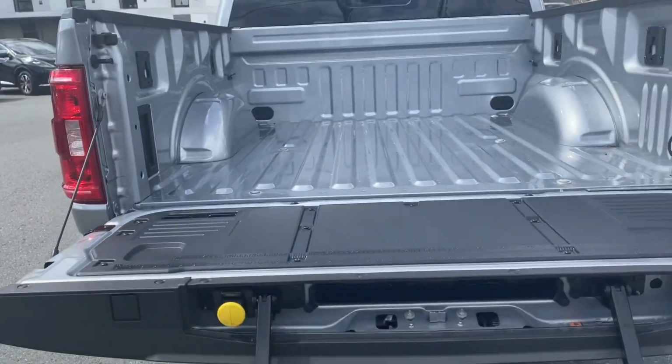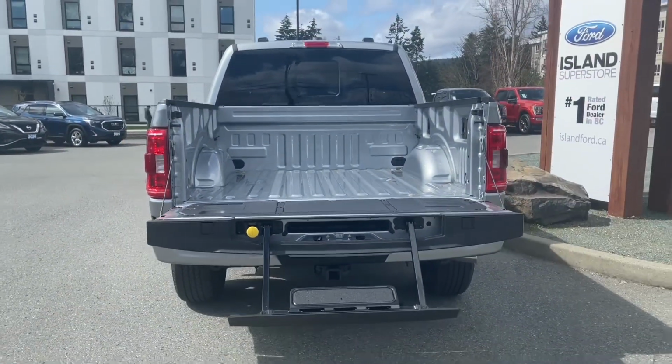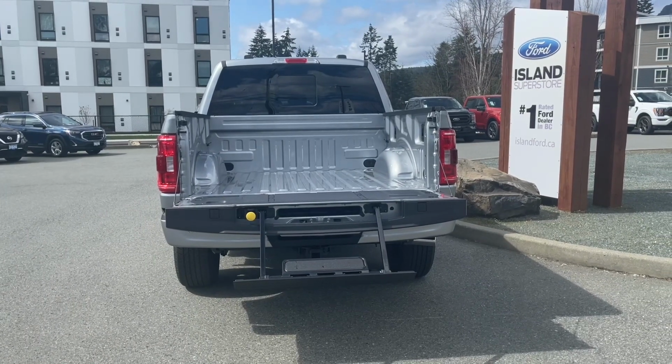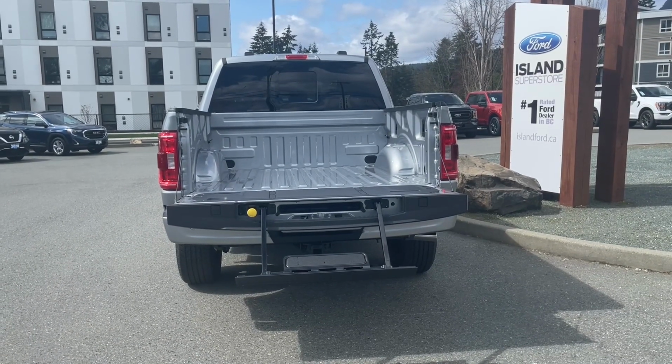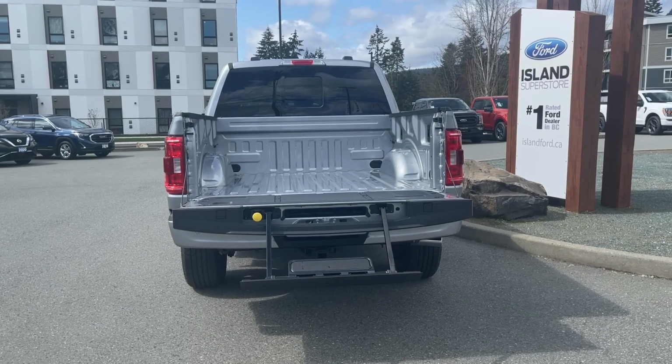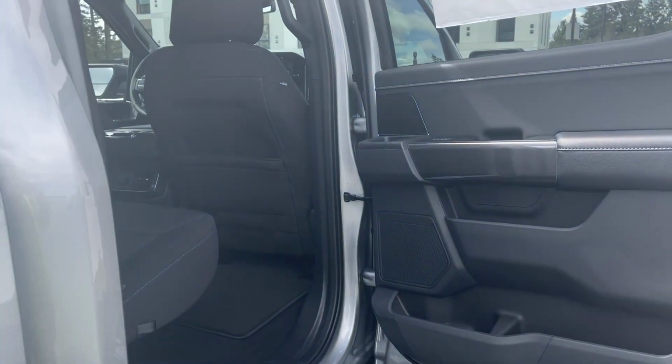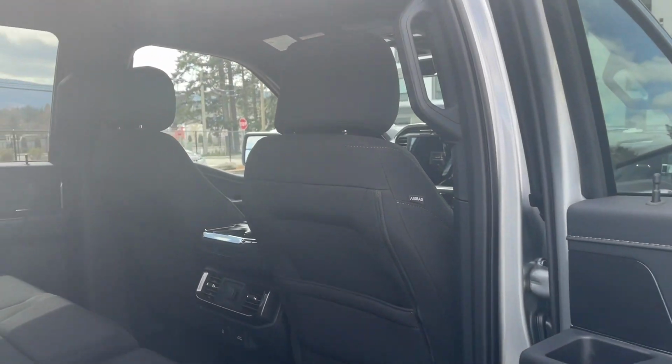And then when you're ready, close it up, lock it up and walk away, or jump in and head out on your latest adventure. And on your fob, you have remote start. You also have an electrical outlet on the left-hand side in the rear of the box, so you can power up tools. Storage and speaker in the door, as well as power windows, and you also have a grab handle